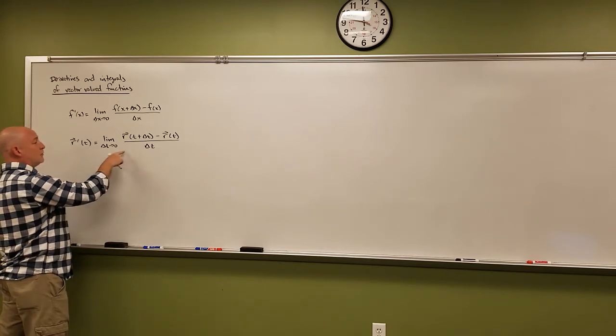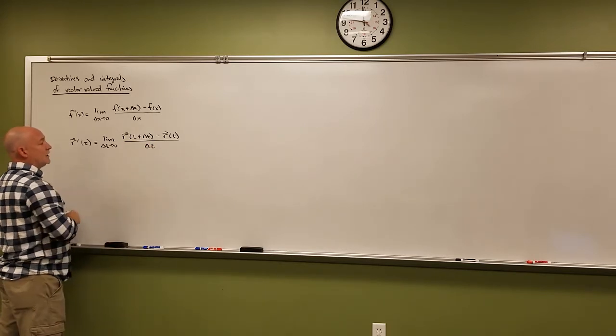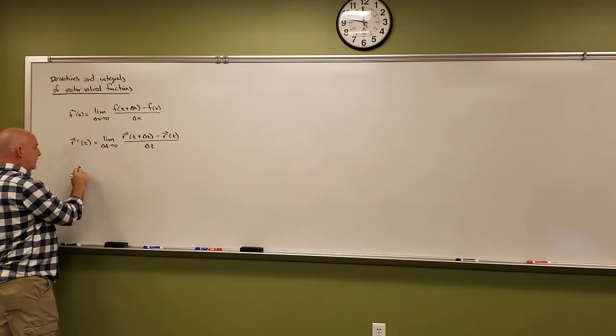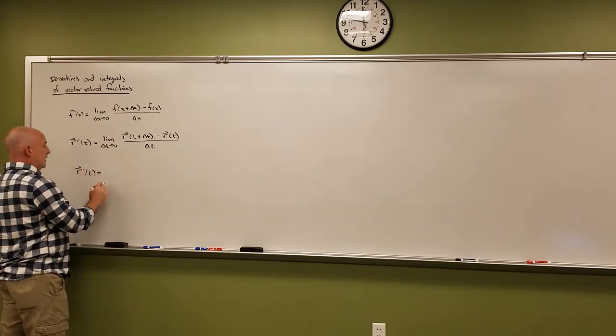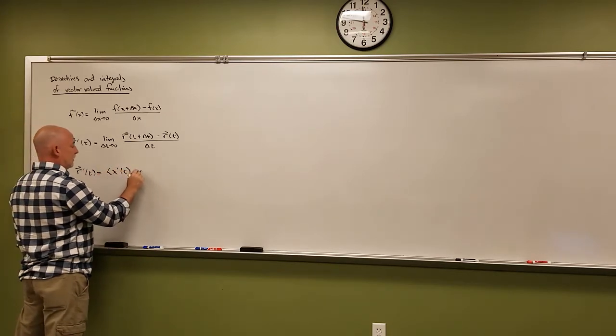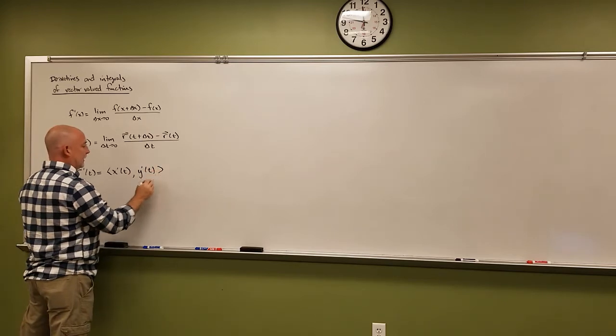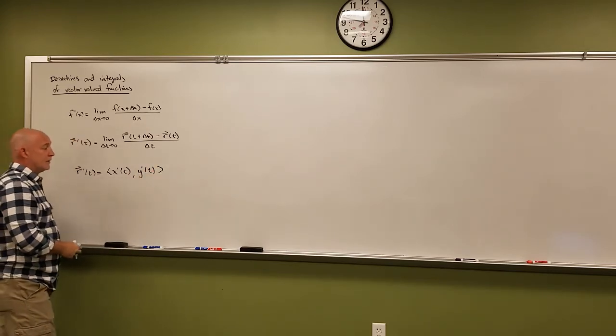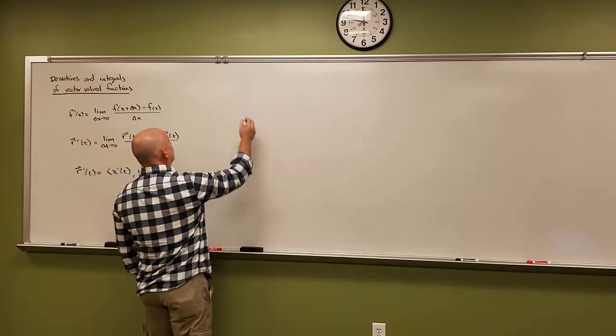Basically, all we're going to do is take the derivative of each component. So another way to look at it is r prime of t is just going to be x prime of t, comma, y prime of t, and if there's a z component, z prime of t. So very, very easy to do. So, kind of an example,